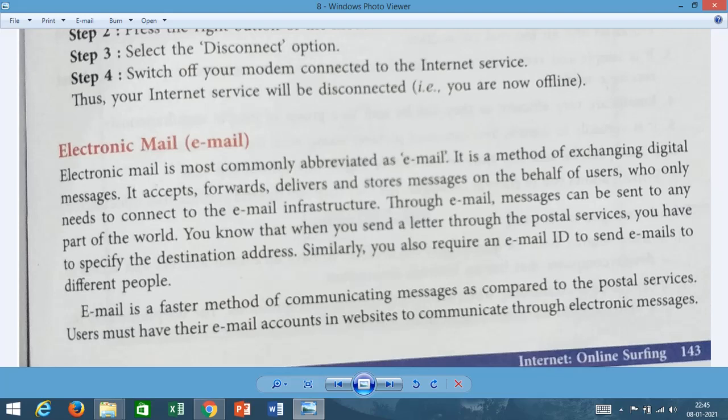That means you have to put the correct address so that the postal letter gets delivered to that correct address. Similarly, to send messages electronically, you need the user's email ID. If you have the correct email ID, your message will go to that particular person.